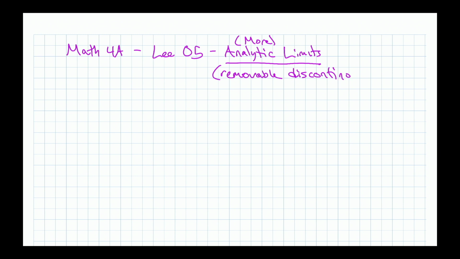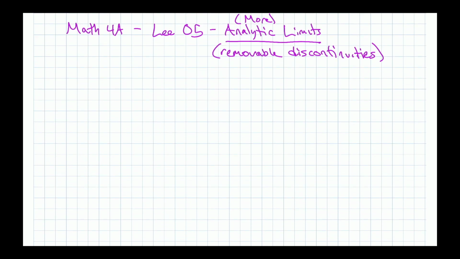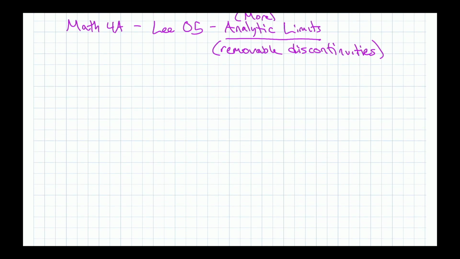Now, something to keep in mind here is that removable discontinuities is really a topic that comes in a section on continuity, and this isn't a lecture on continuity. So this is describing the type of functions, but really we're only talking about limits here. Okay, so last time we did the square root type. So if you're looking for how to do square root limits,